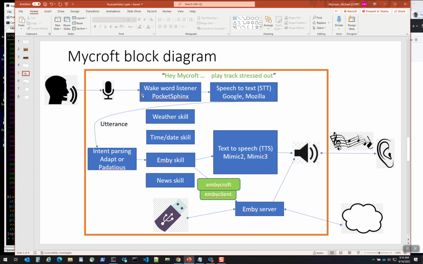So here's the diagram. What is Mycroft? Mycroft is an open source personal voice assistant focused on privacy, and the Emby server is a media server doing audio and video, but of course we're just focusing on audio. So what happens when I say, hey Mycroft,